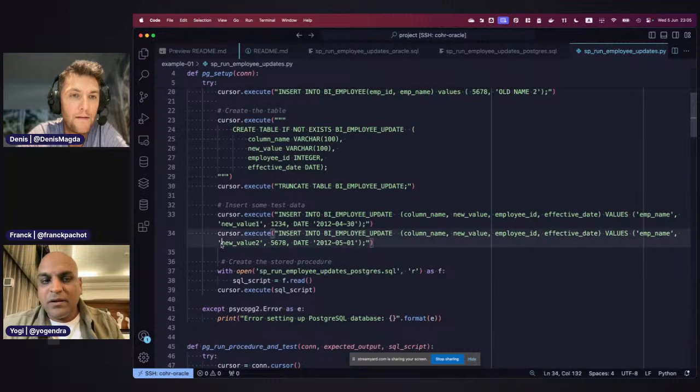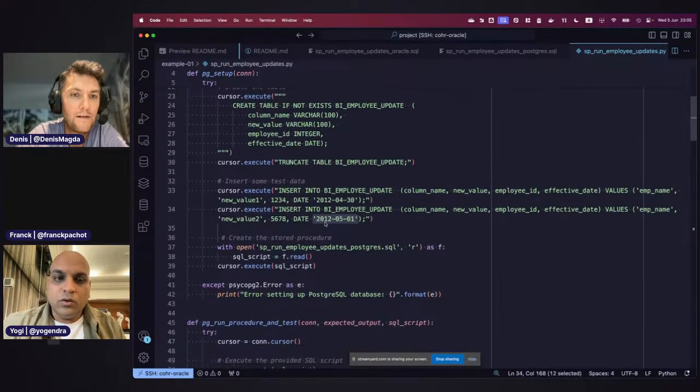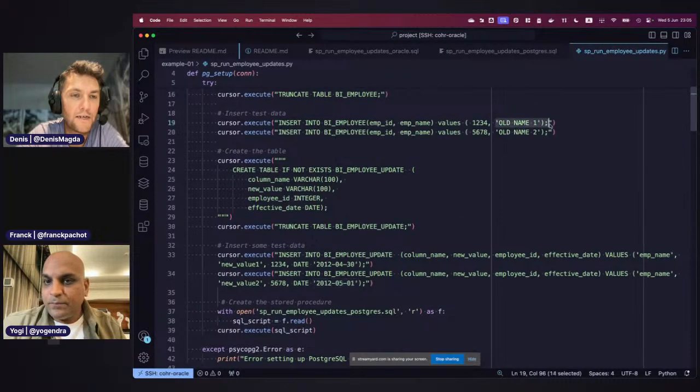But this other employee should be updated later. So what I'm expecting is that after this, the employee table should have employee 1234 with the new name, and 5678 with the old name. And this code was generated for you by the LLM during the conversation? Yes.